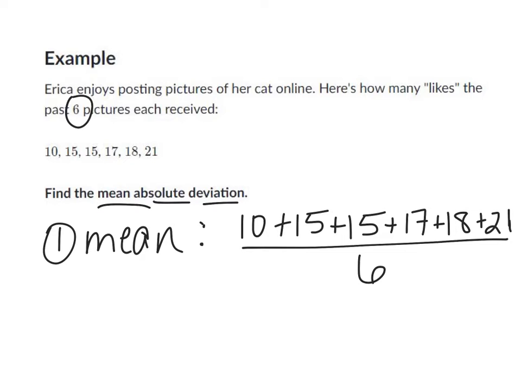If you're using an Inspire, you need parentheses, or any other kind of graphing calculator you might have at home. If you are using the calculator on your phone, I believe you can still do this. You need parentheses. If you don't, it's going to follow order of operations, and it's only going to divide the 21 by 6. You're going to get a really weird number. Or you just add them all up, hit enter, then divide by 6, and hit enter.